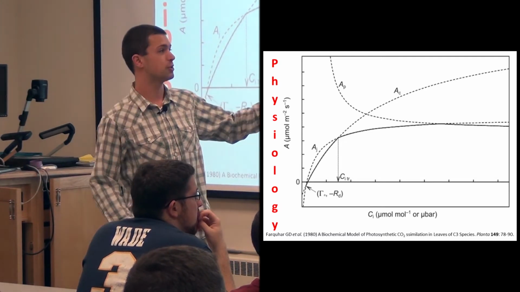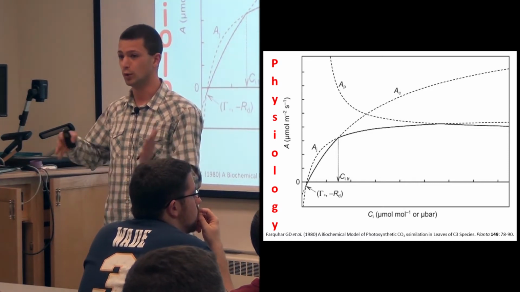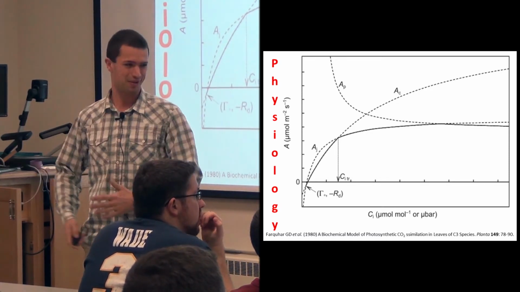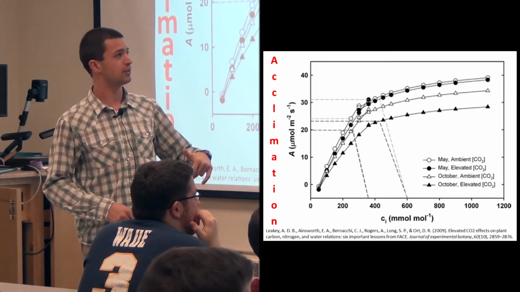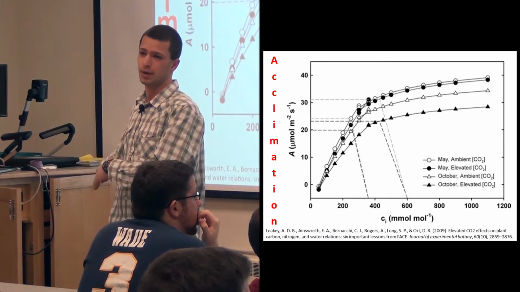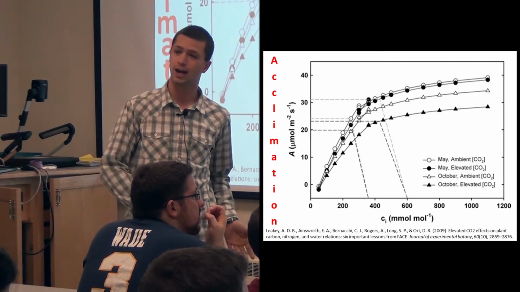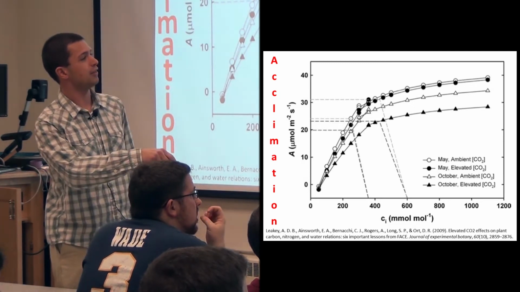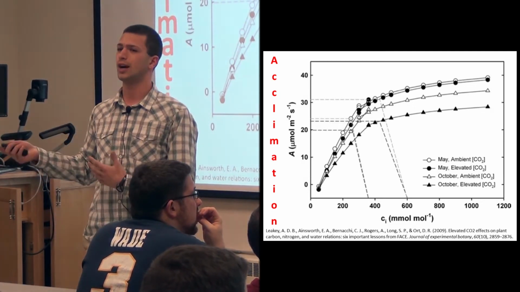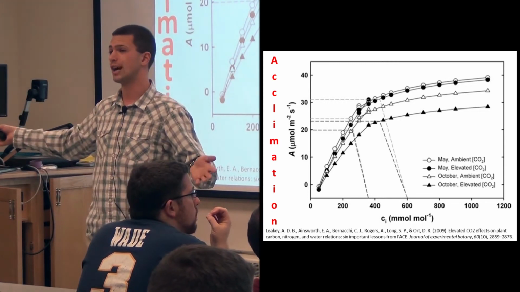So this relationship is based on physical and chemical principles, which really makes it so engineers are okay with it. We can take the same relationship, same graph, same axes, but look at it over a long time period. If we're talking about engineering or optimizing a system, we want to know short time and long time scales. It's the same thing, but these are plants that were grown at different CO2 concentrations for a long time throughout their life.